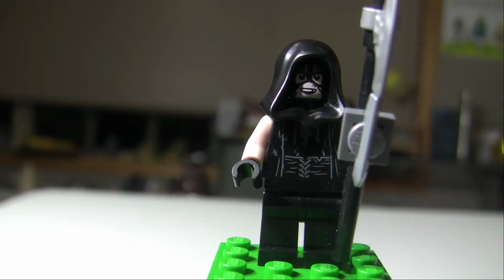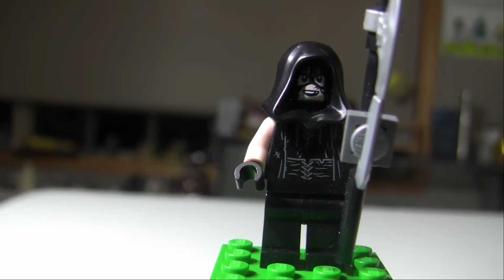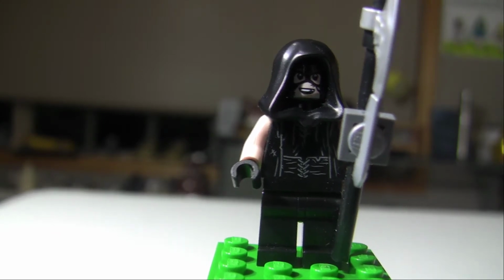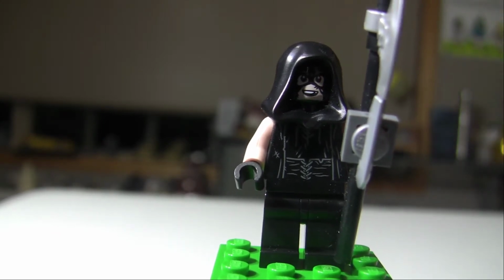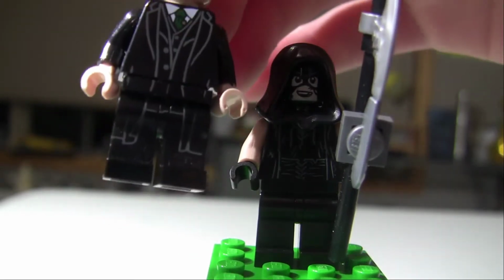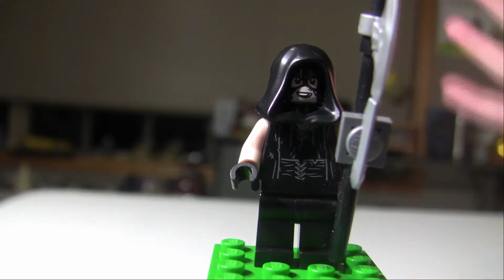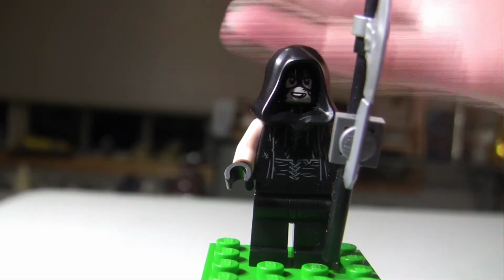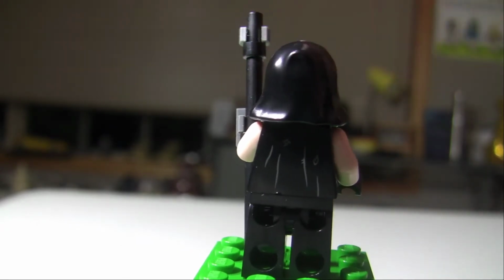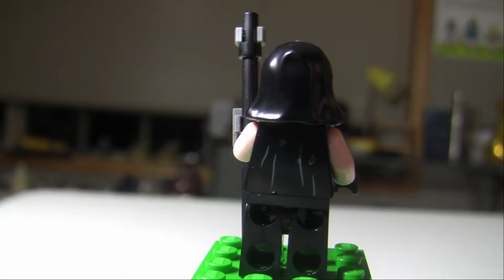Everybody, so here the next figure that we have is the Executioner, who is, spoilers here, obviously here to execute Buckbeak, but fortunately that does not happen, which is fine. But he does have some plain black legs, which I would have liked to see printing, considering they did printing with Fudge, but that's okay. I mean, I can deal with it. It's not the end of the world, but they do have back printing, which is really lovely to have on